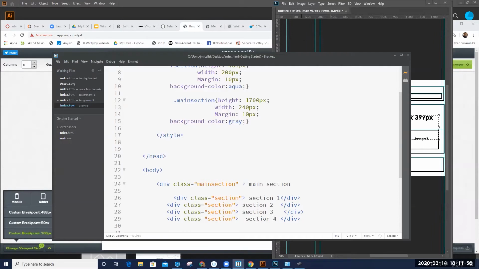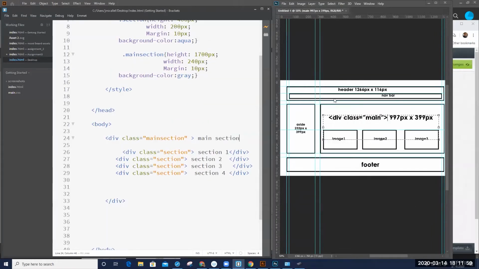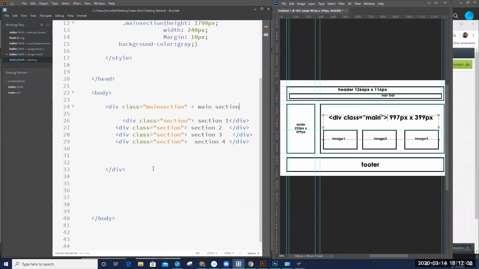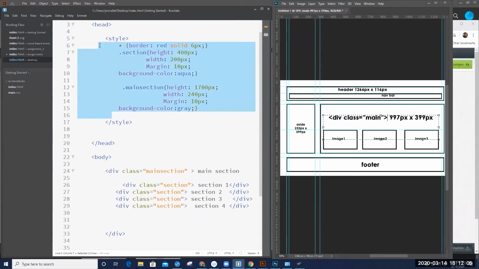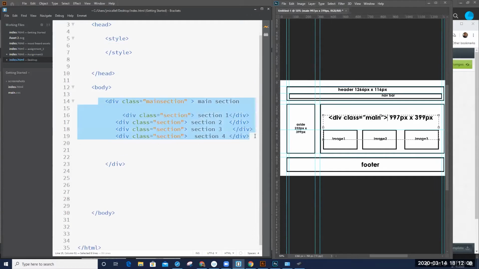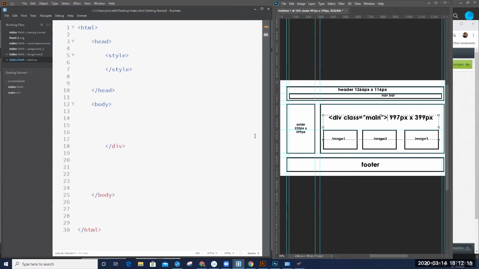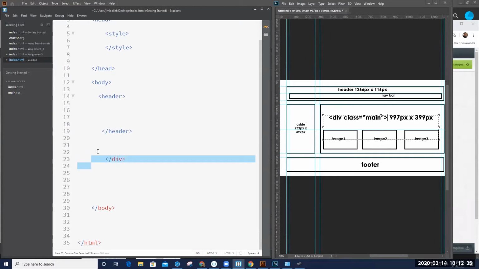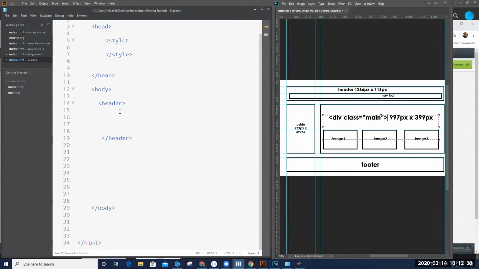And I already have this design thought out a little bit. So I'm going to get rid of these initial divs here. So the first thing I have now is a header. So I'm going to create a header tag. So there actually is a header tag in HTML, so I can use this. Now inside of the header tag, I have a nav bar. So I'm going to nest the nav bar,